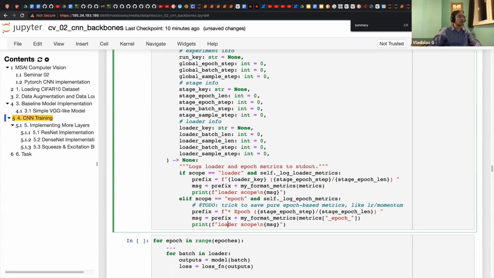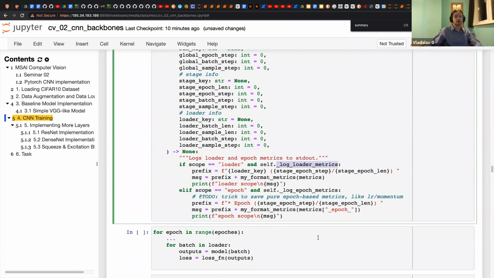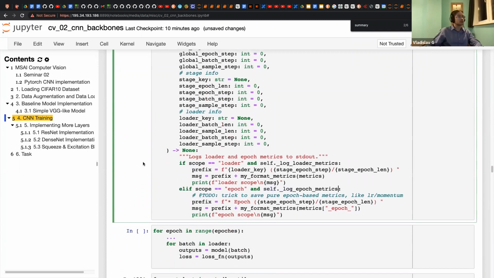And here we have epochs. And also we have this, which just stores in the console logger.